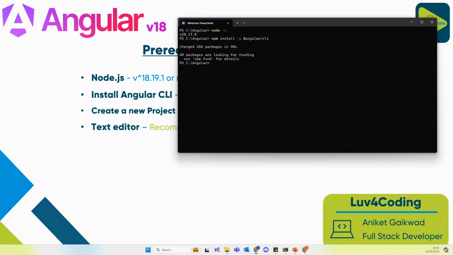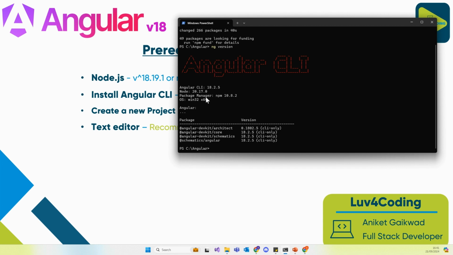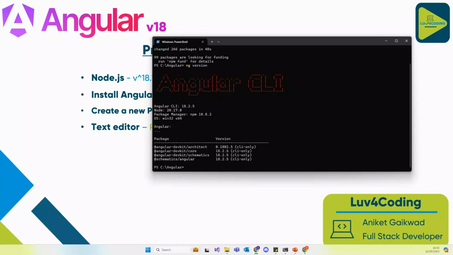Now once Angular is installed, we're going to type ng version to check that Angular is installed and we have the latest version, and click enter. You can see it shows Node version 20.17.0, our npm, which is going to install our packages, is 10.8.2, and our Angular version is 18.2.5, which is the latest. Now that our installation is done,